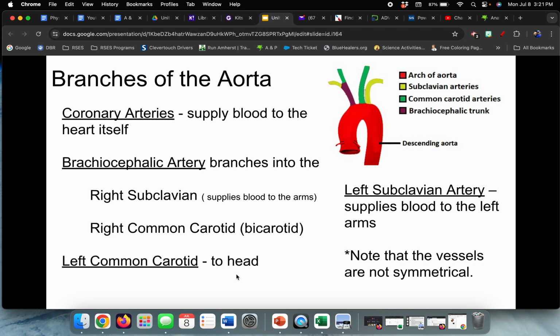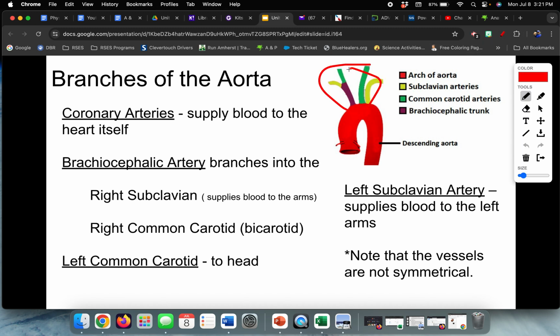And in our aorta, we have different regions of that even. If you notice up here, these are all branching off the aorta. You have coronary arteries that are going to go back and supply blood to the heart itself. It needs a constant supply of blood because it's oxygenated. We need